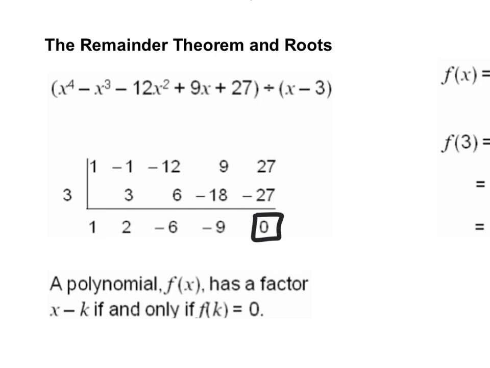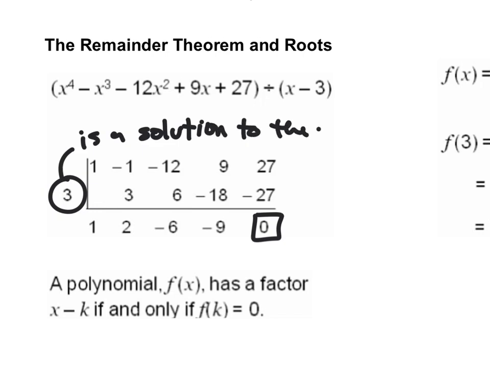We find out that 3 is a solution to the polynomial, okay? And when I say a solution to the polynomial, that means that that's where the graph